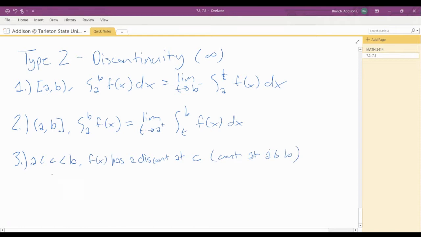Essentially, if we are trying to integrate from A to B and we have a discontinuity in the middle of that interval,